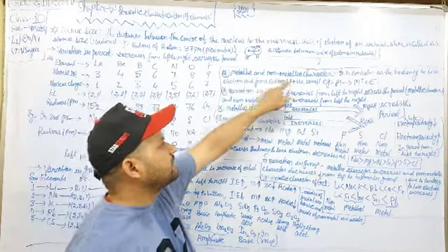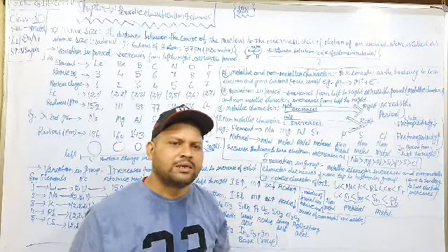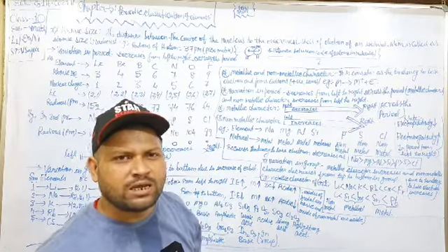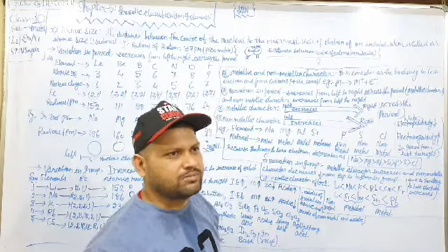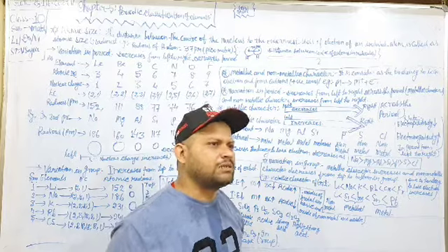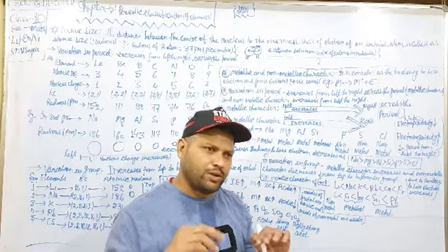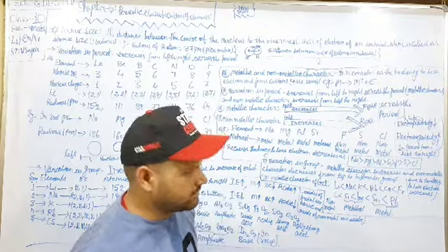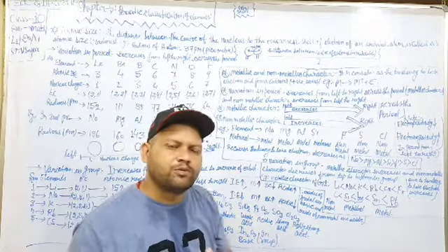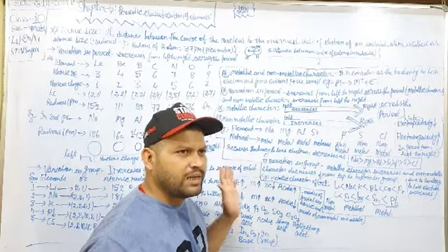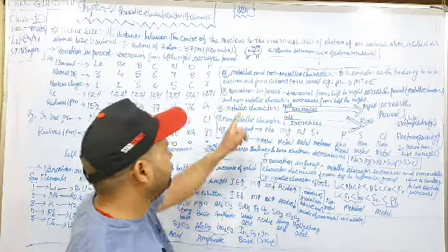Now move towards the metallic and non-metallic characters of atoms. Metallic and non-metallic character depends upon the tendency to lose electrons. The tendency of an atom to lose electrons is called metallic property. The more an atom can lose electrons, the more metallic properties it will show. Look at how it varies in period and group. In a period, metallic properties decrease from left to right, and non-metallic properties increase from left to right. Look at it with the help of an example.